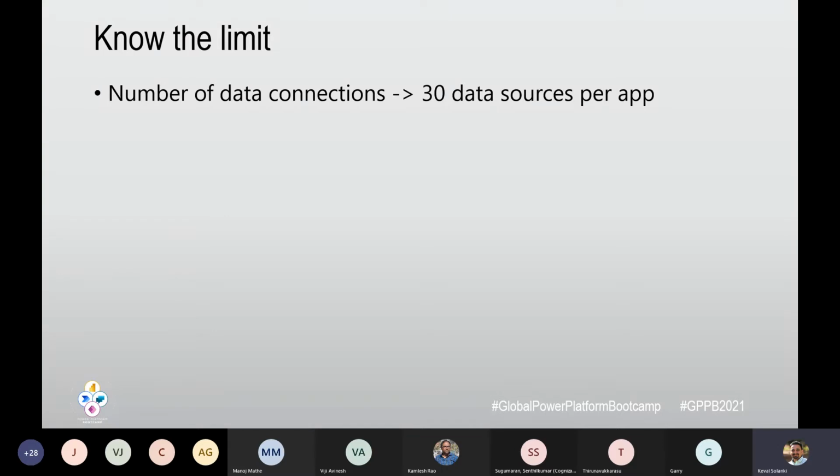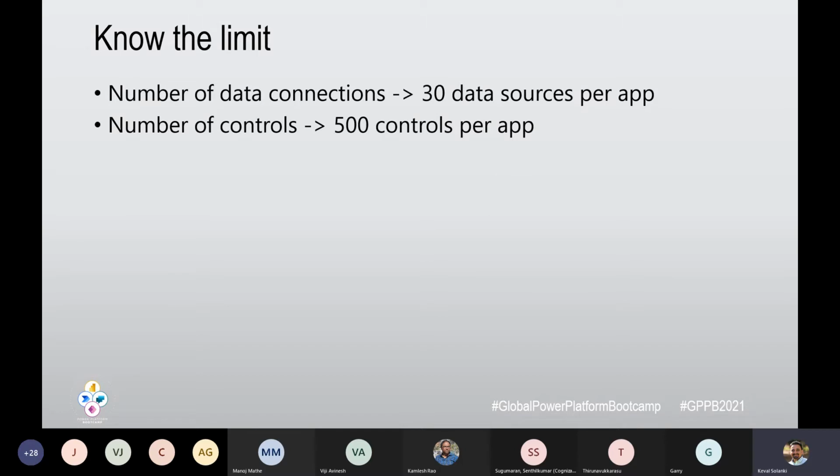For example, you are connecting to SharePoint, OneDrive, etc. 30 is the max number that is suggested by Microsoft. You should not have more than 30. The reason is that for each connection, it will prompt for user authentication, and also it will take some time for making that connection. So definitely you need to consider this when you are working with it.